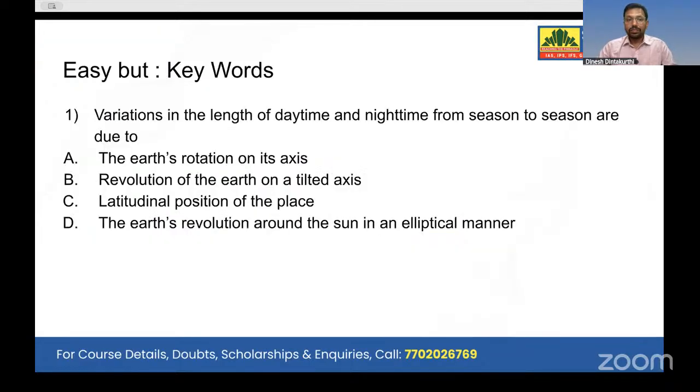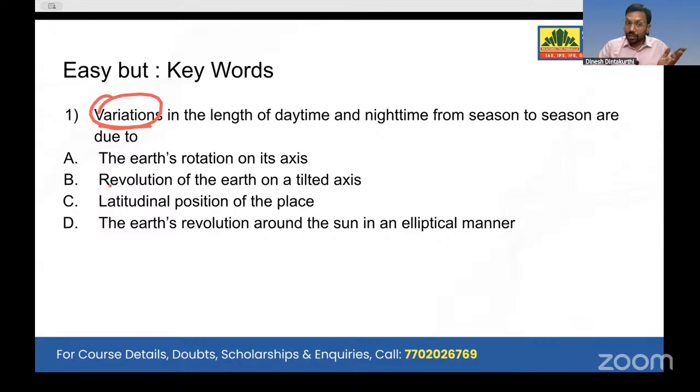Now going towards some of the questions from geography. This question is easy. You may get questions as easy as what is the rotation of Mercury, or what is the reason behind the difference in length of night and day, or by how many degrees the Earth is tilted. Of course, you will get 1 or 2 questions like that. But you have to be cautious. See, these keywords are very important: not just length of day and night, but variations in length of day and night.